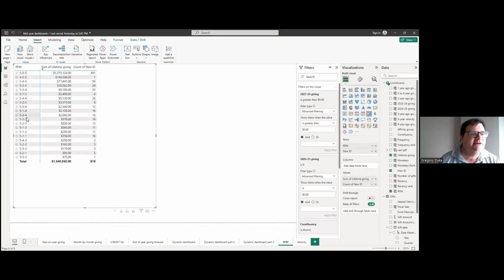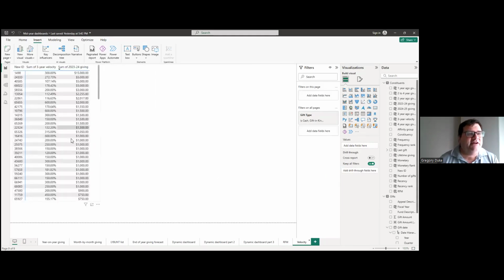And we can do that with the less frequent people, the people who are monetary 1, 2, and 3s. This might be annual fund prospects, but this gives us a way to sort out our LYBUNTs and identify which of them are our best donors, the ones we need to talk to.